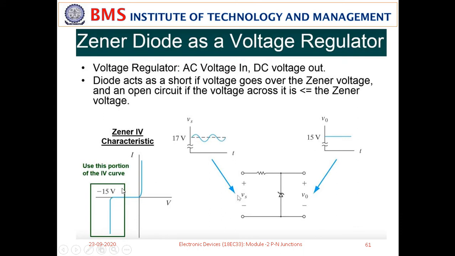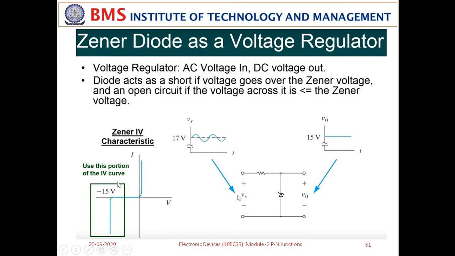Depending on the breakdown voltage, different types of Zener diodes are available. For instance, let me assume that this Zener diode has a breakdown voltage of minus 15. That means if the reverse voltage exceeds minus 15, a large current will surge through it. You can see that a large current surges through, but the voltage across the device is maintained constant, though the current variation is very large, from a few microamperes to several hundreds of microamperes. The voltage across the Zener diode is maintained constant. So, in order to have a constant voltage at the output, we will use a Zener diode here.